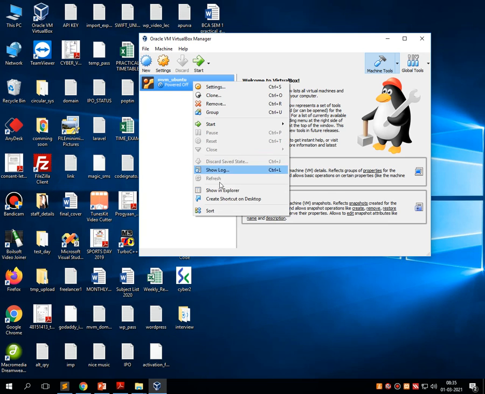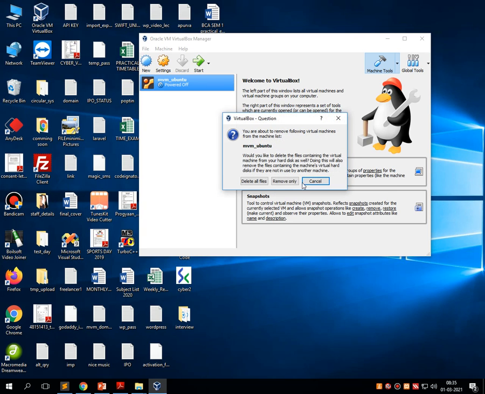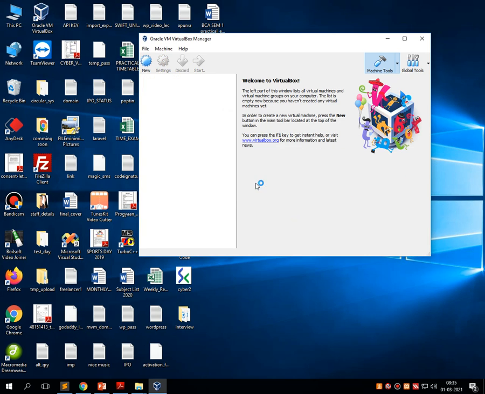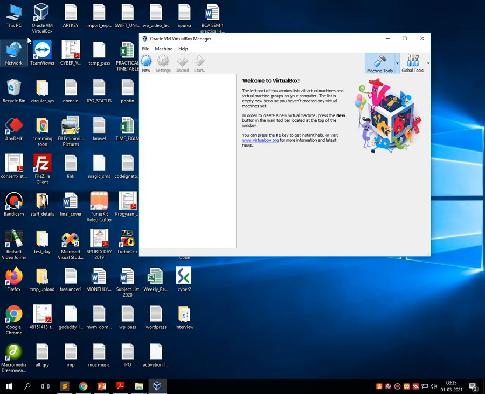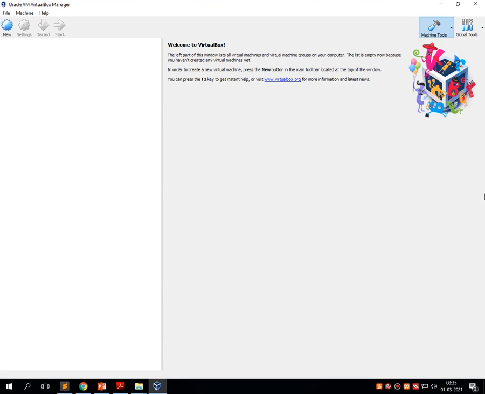Now whenever you install for the first time in your system, you will get an interface something like this. That means after the successful completion of VirtualBox, just double click on that particular icon. It opens a window like this. Now what we have to do in this, just click on new,